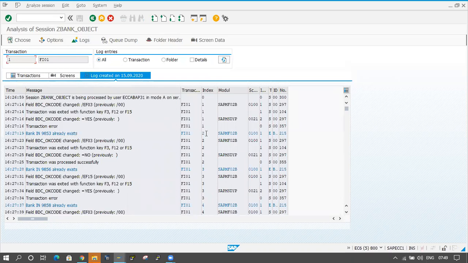This is the line number. In the Excel sheet, in the second line, you are passing bank key 9853, and at that time it is having a problem. It already exists. You have to take new data here. The third line is also the same thing, 9856, and this is also an existing one.